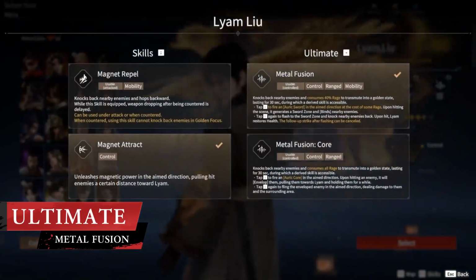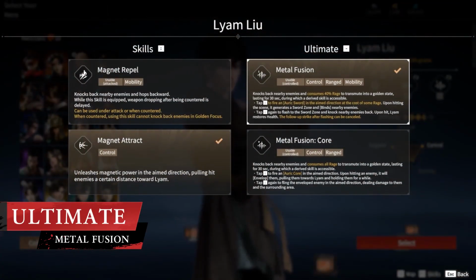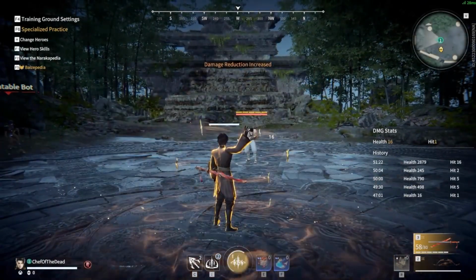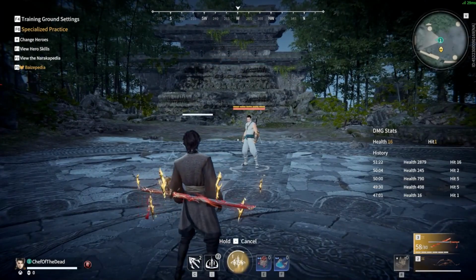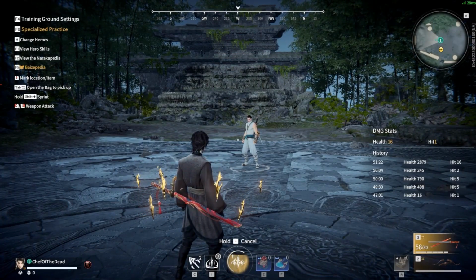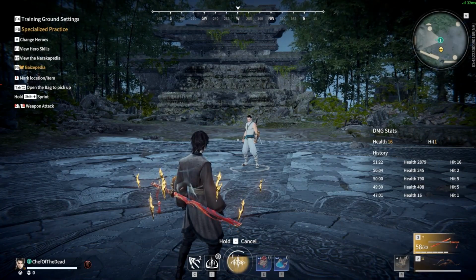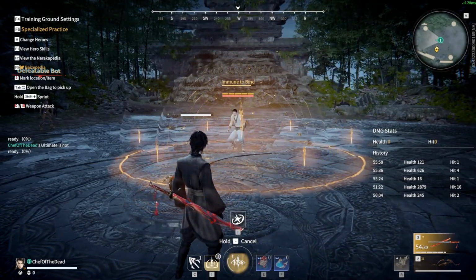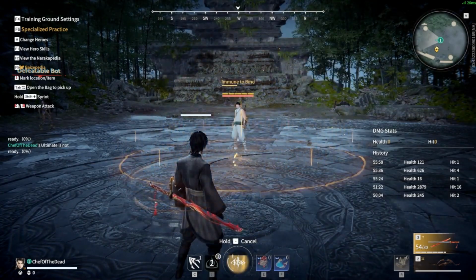Moving on to his first ultimate, we have Metal Fusion, and let me tell you, this is one of the most versatile ults in the game. Activating it will knock back nearby enemies, consuming 40% rage, and entering Lyam's golden state. This lasts for 30 seconds and modifies your skill to fire an auric sword in the aim direction at the cost of rage. Wherever the auric sword lands, it creates a sword zone and will apply the binding effect to